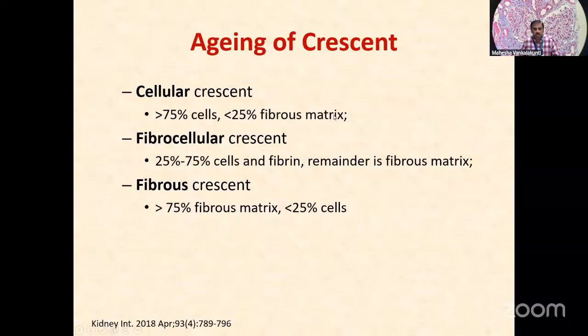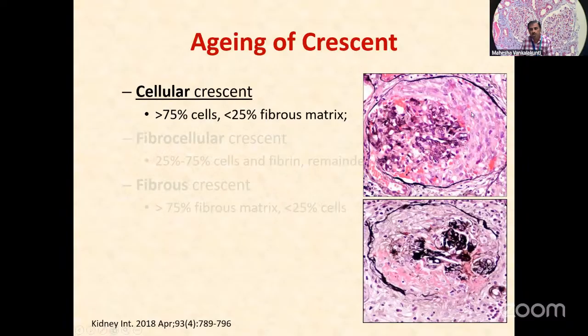Based on the composition, in a cellular crescent, it's more of cells that is predominant. As you see here, the composition of this crescent is more of cells rather than the matrix in between. So more than 75% cells and less than 25% matrix makes it a cellular crescent,